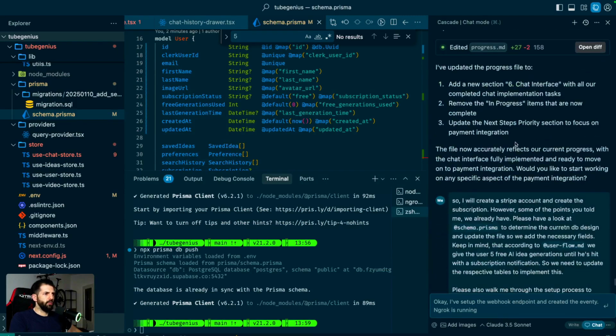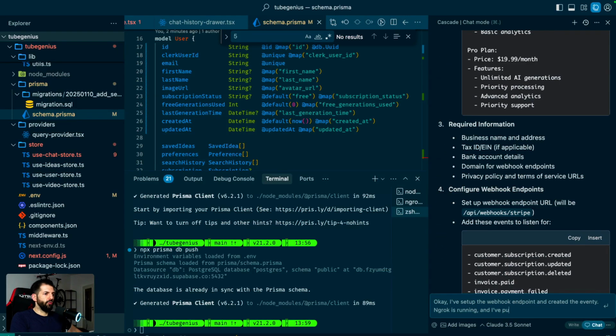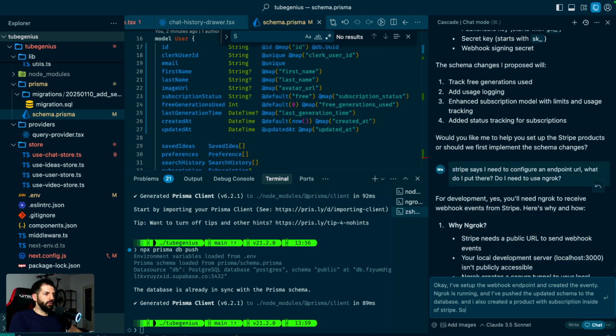What else do we need to do? And I've pushed the updated schema to the database, and I also created a product with a subscription side of Stripe. So could you please go ahead and lay out the steps that we need to take to integrate Stripe